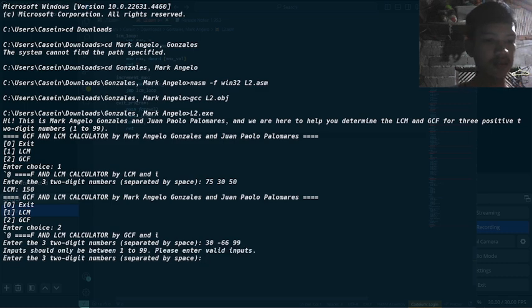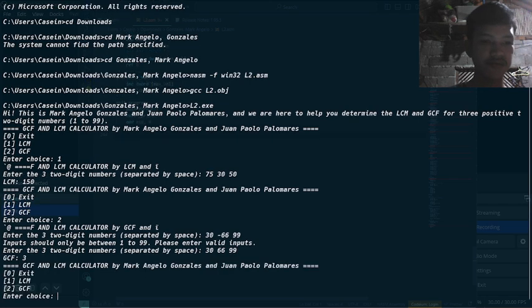Enter. It shows that input should only be between 1 to 99, please enter valid input. That's why it errored, because of the negative 66. So let's make it positive 66, 66 and 99. So the GCF is 3.